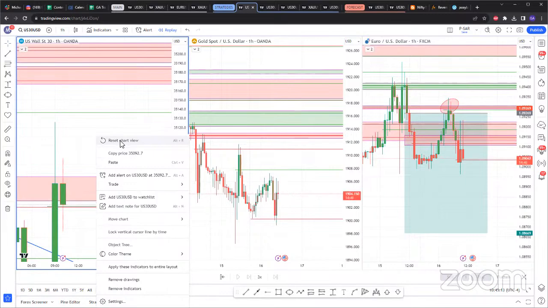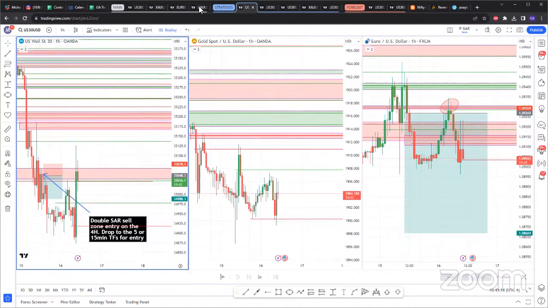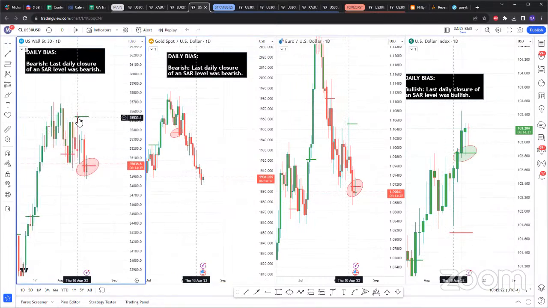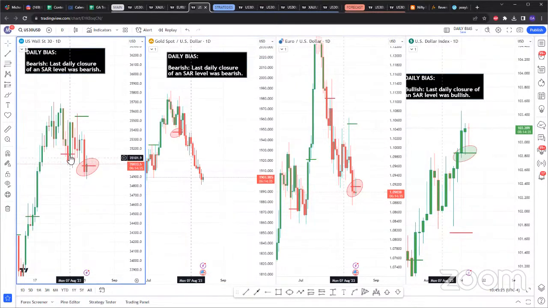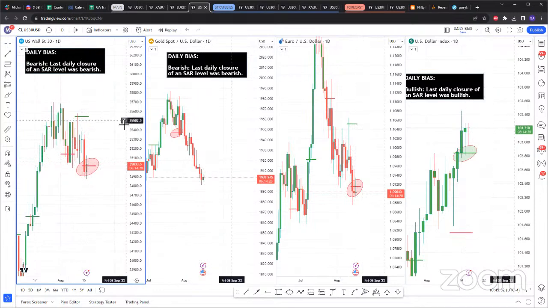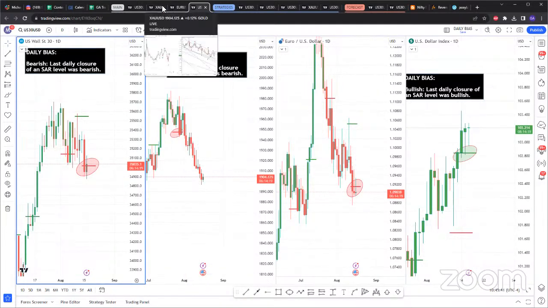So keep in mind, as much as I am bearish, or the SAR indicator tells us that we are bearish on US30 on the daily, it can do what it did here, right? Here we were bearish on the daily, but US30 went back up, then came back down. So it can go up and pick up liquidity, like selling liquidity, before coming back down. Which is to mean you can still catch the move up. But for you to catch the move up, I recommend using a double SAR. If you want to backtest and use a single SAR, feel free.